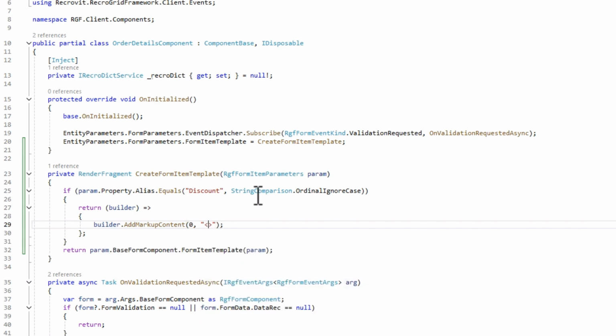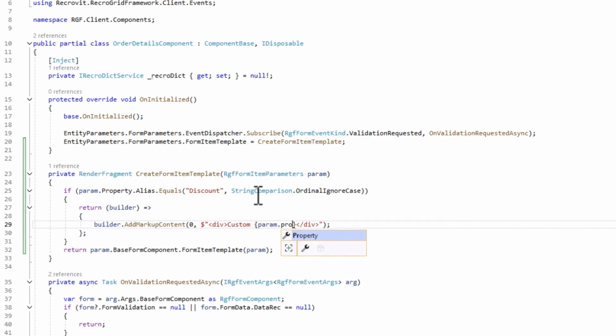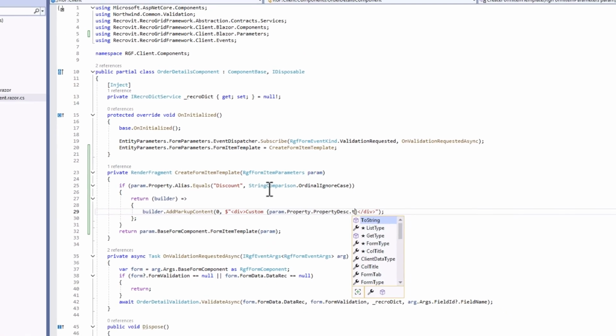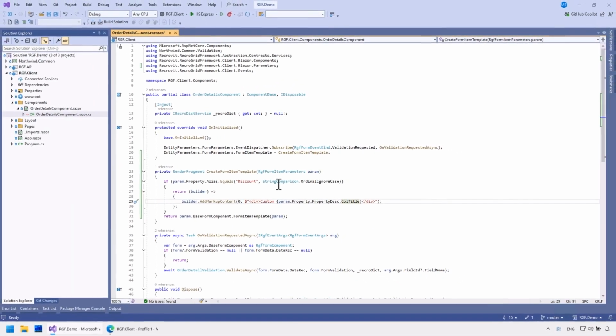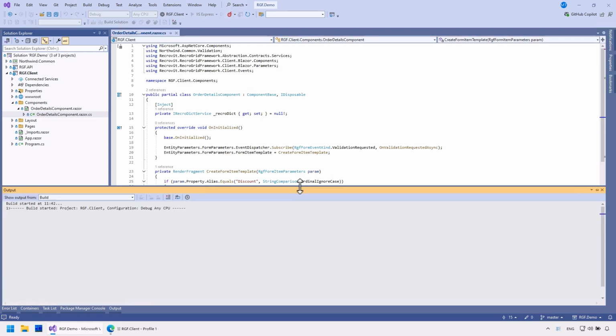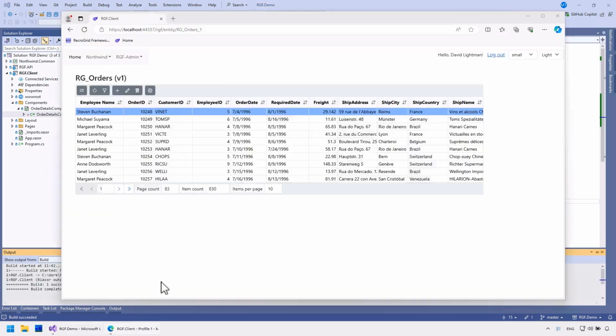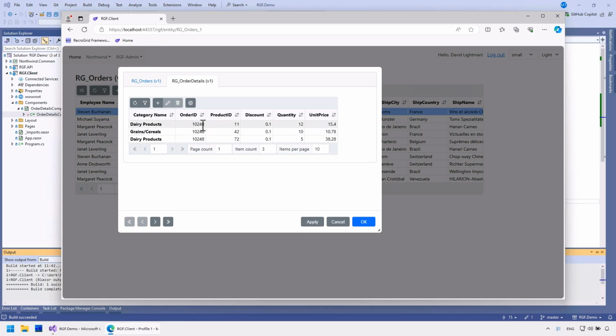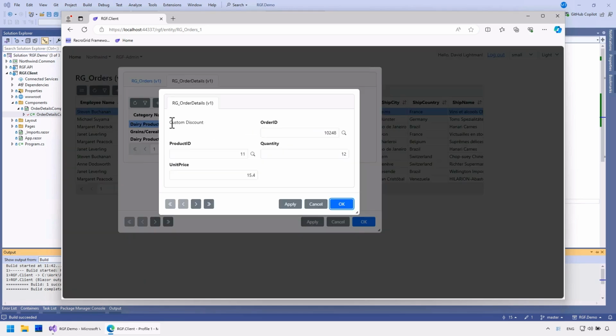First, I will display a simple div. Let's try it. Here you can see that only the div is displayed instead of the field.